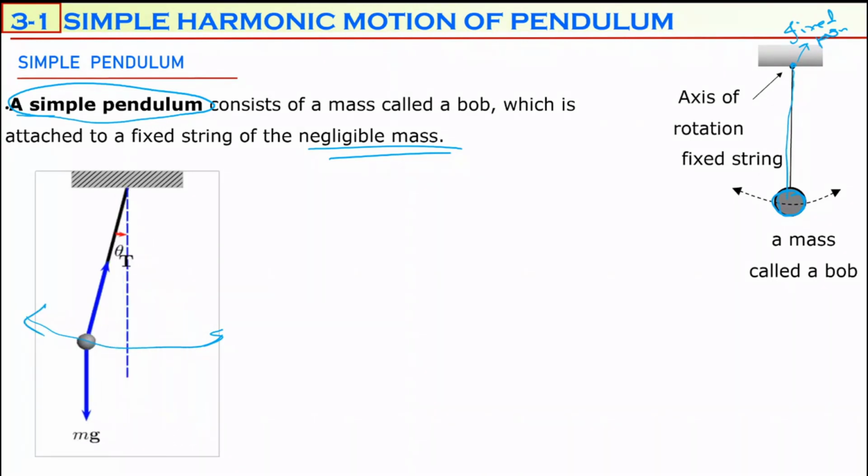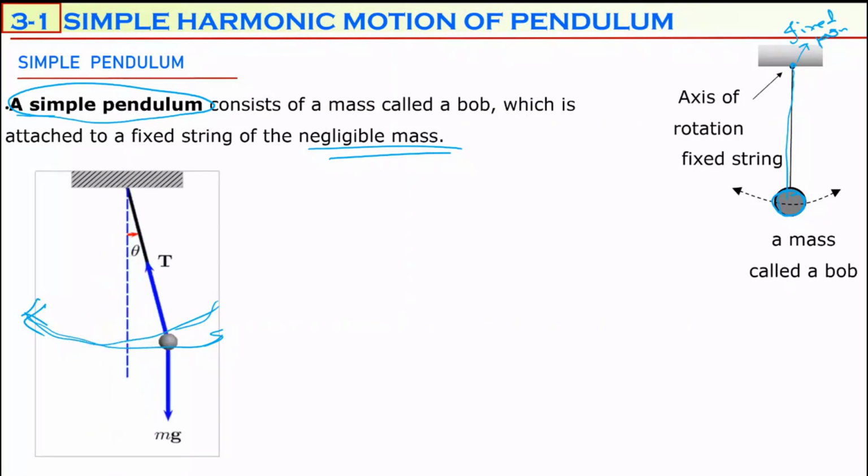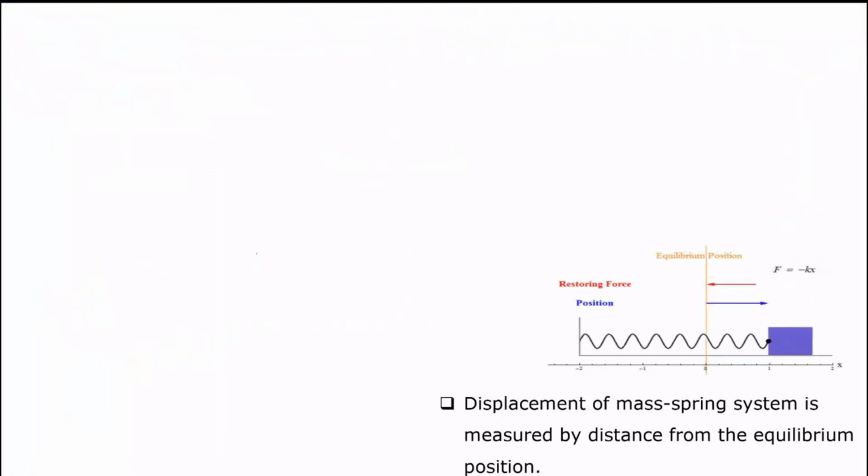Now we will investigate whether the vibration of this simple pendulum is a simple harmonic motion or not. If we say yes, then we will conclude that the vibration of a trapeze acrobat is also simple harmonic motion. So let's start. We know that